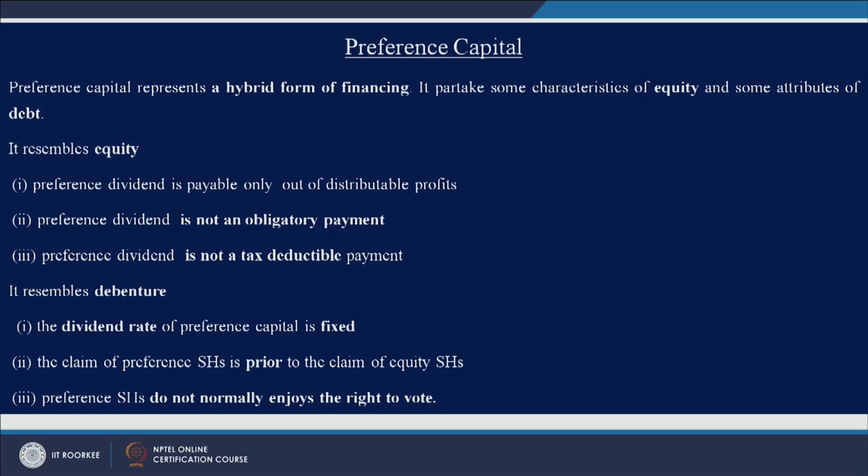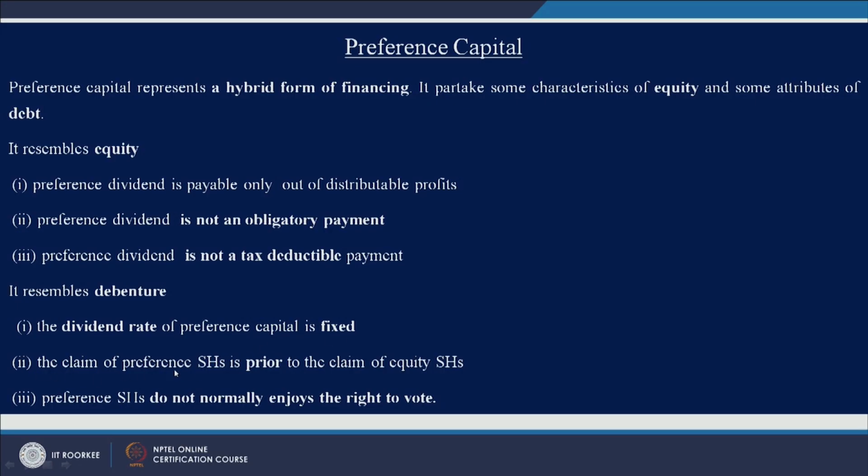Now, you have got preference capital. Preference capital takes the benefit of equity capital as well as debt, right. So, it is a hybrid form of financing. It is similar to equity because preference dividend is not an obligatory payment. It is similar to equity because preference dividend is not a tax deductible payment. It resembles debenture, as I said it is a hybrid form. So, it resembles debenture in these ways, right. The dividend rate of preference capital is fixed,